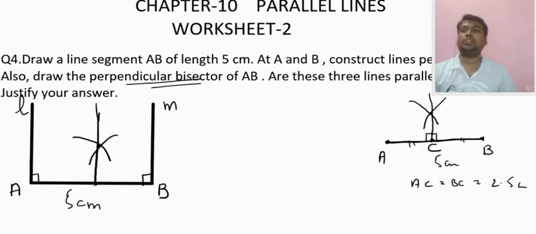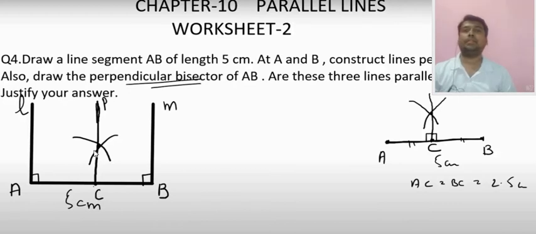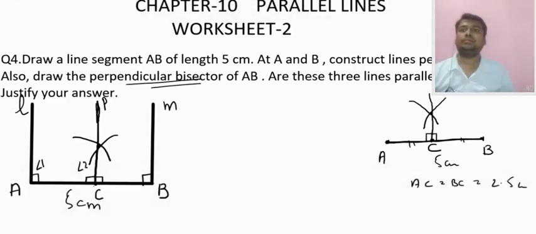The perpendicular bisector is drawn. Okay, now name it as C and P. So PC is the perpendicular bisector of AB. What we have to do? We have to show this. Now let these angles be angle 1, angle 2, angle 3, angle 4, and each angle is 90 degrees because we have already drawn perpendiculars.